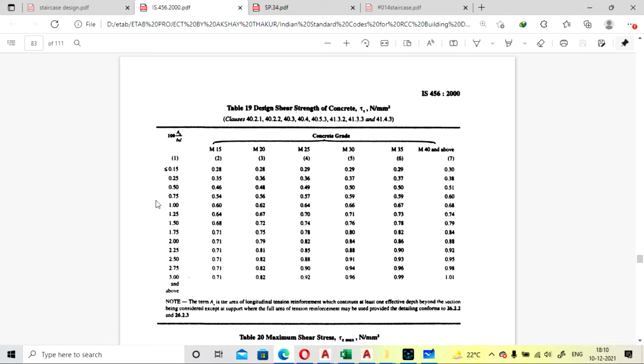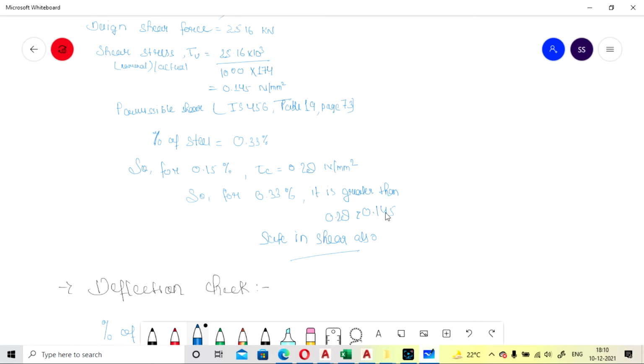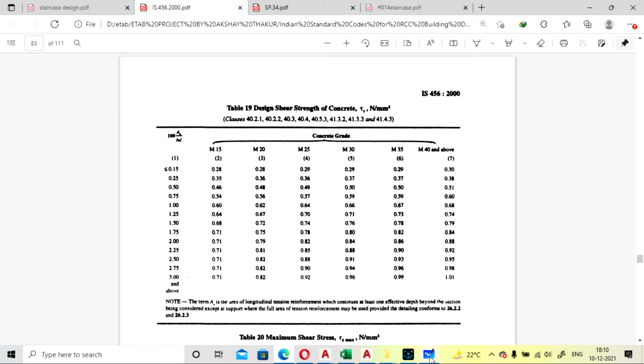But if you want to find the accurate value for this, you can go for interpolation. We have already talked about interpolation in my previous class, so we are not going to solve it here. If you don't know how to calculate this, you can check my lab video, where I have already explained how to calculate the interpolation, or you can check my Excel video.